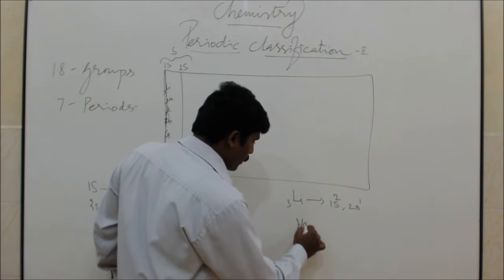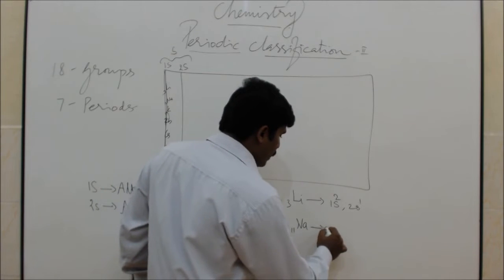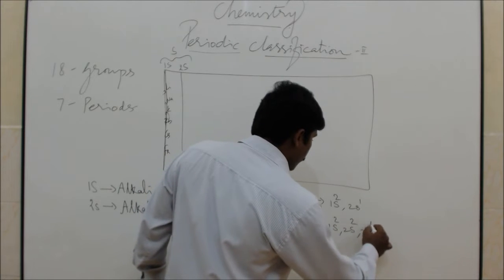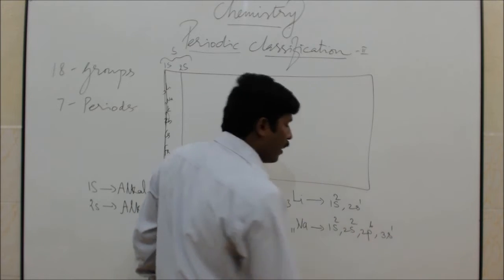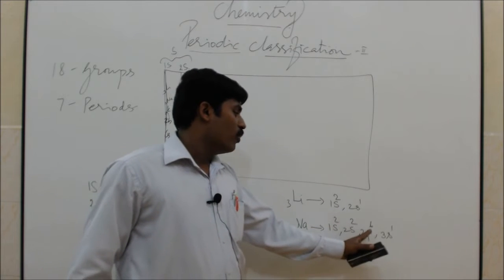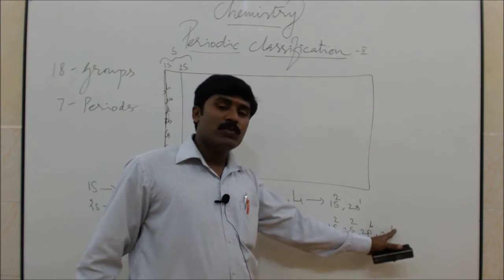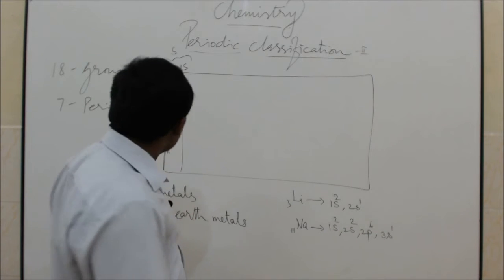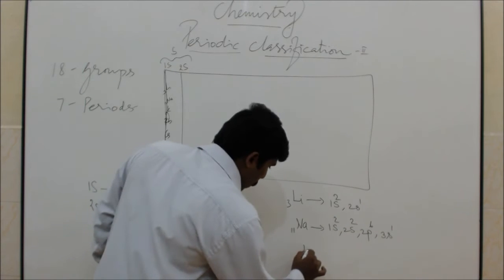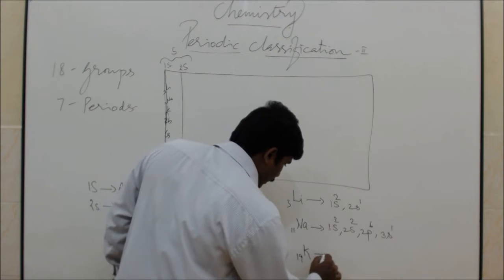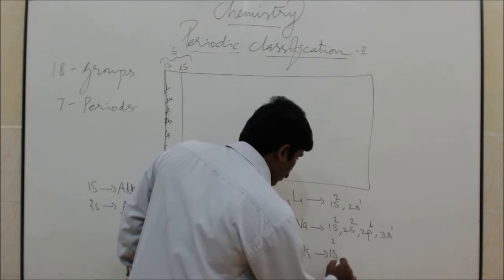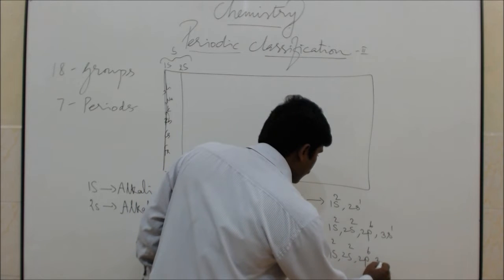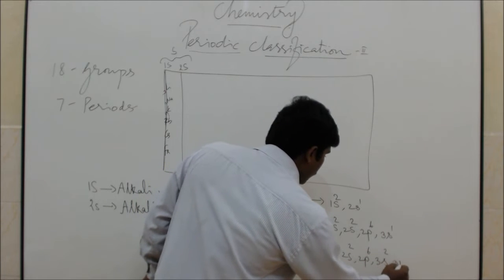See next one is what? Sodium. Atomic number 11. So that is 1s2, 2s2, 2p6, 3s1. 2 plus 2 is 4, 4 plus 6 is 10, 10 plus 1 is 11. So the extra electron enters in s1. And next one is what? Potassium. Potassium is 19. 19 means electronic configuration 1s2, 2s2, 2p6, 3s2, 3p6,